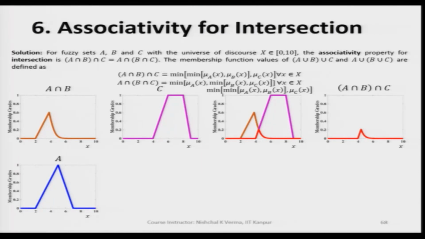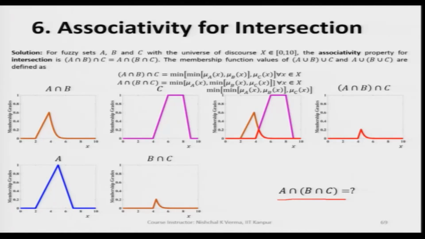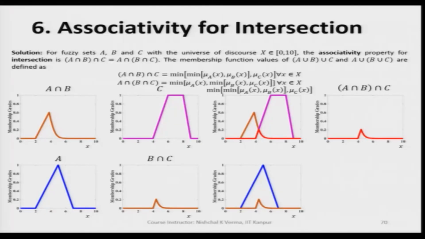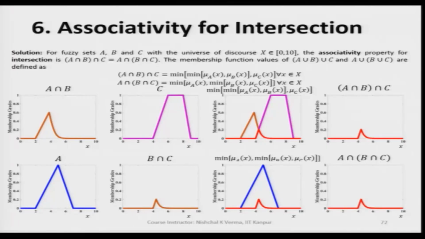We have the A fuzzy set first, we take the subnormal fuzzy set B intersection C, and when we find A intersection B intersection C, let us see what we get. When we apply the min condition, we get this as